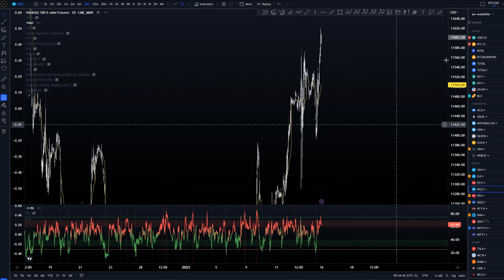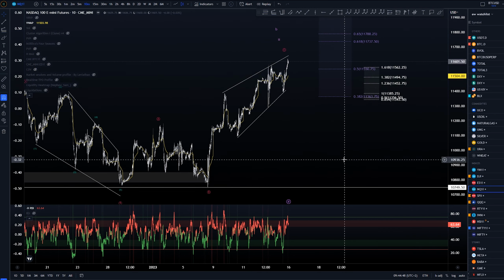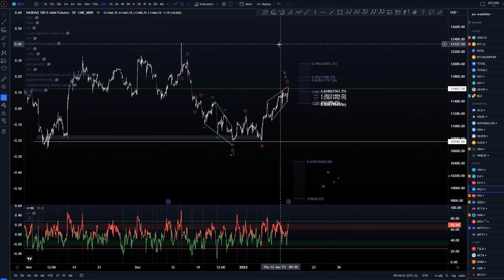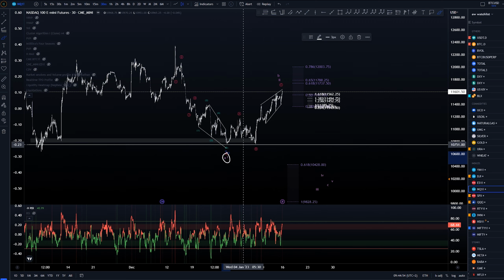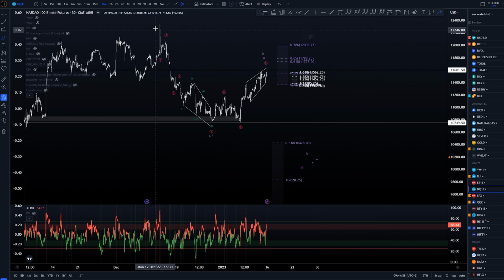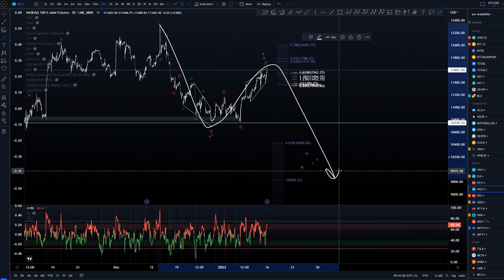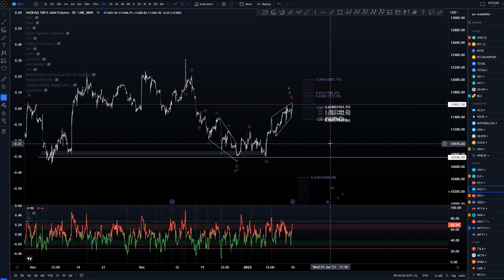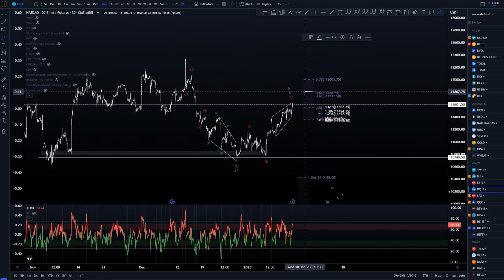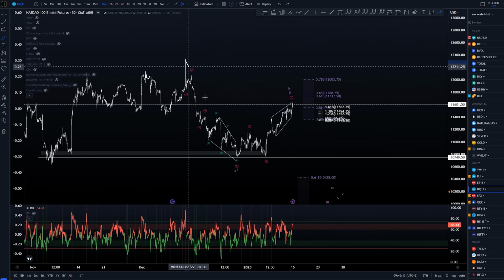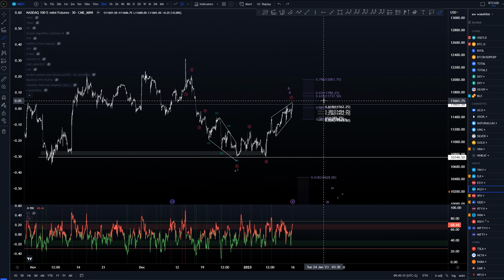What else did we have? Well, Nasdaq still expecting now the potential structure downwards. As if this is a wave A or wave 1, this would be wave 2 or wave B. So the overall expectation is still to the downside. I've seen a lot of people are getting way more bullish than I am at the moment, and I can see that happening to me as well if we take out the 0.618 extension, the retracement of this A wave or wave 1 around